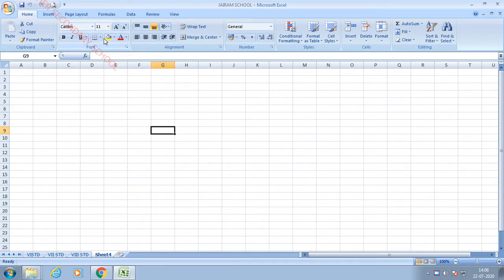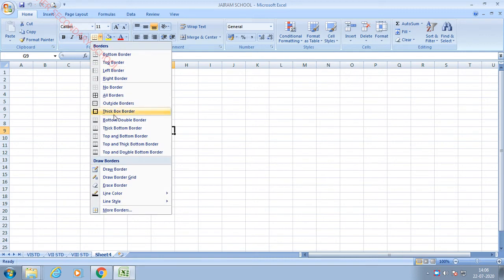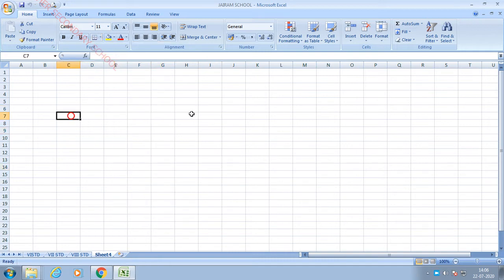Okay, so next here we have a border. In MS Word, if you want to create a table, how will you create it? We will use the insert menu, then table. So that is the way we create a table. By default the border will appear on the screen, but here you have to give a border because it already contains a lot of boxes. For that, if you'd like to create a table, you have to apply a border from this option.